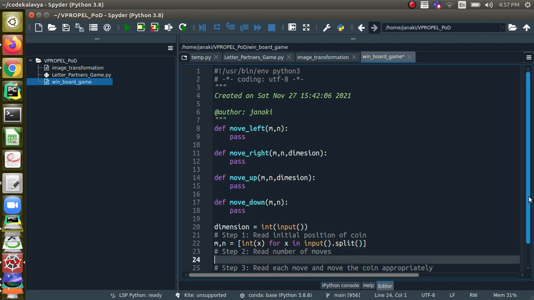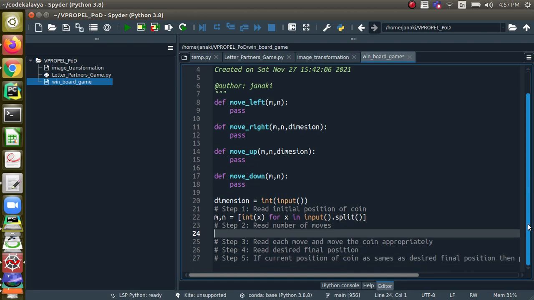Now we have to read the number of moves. So let me write number of moves equal to, and it should be an integer.